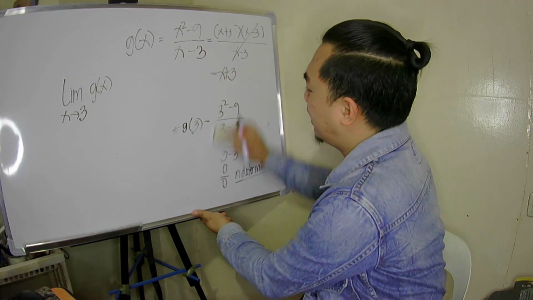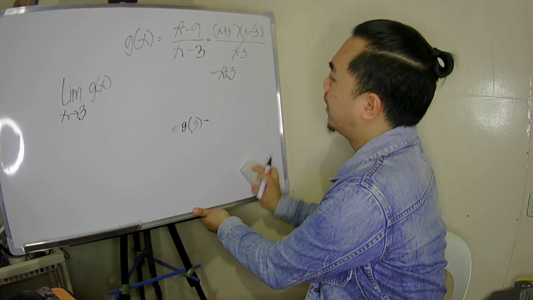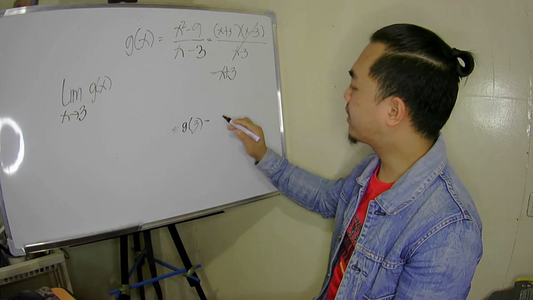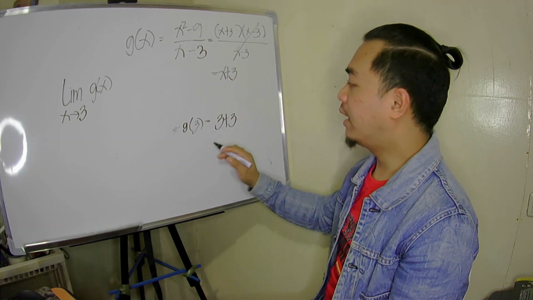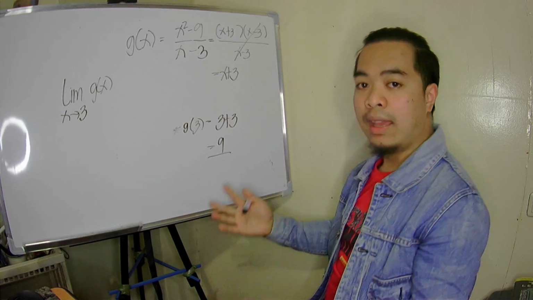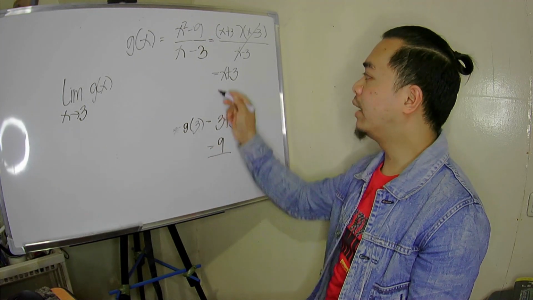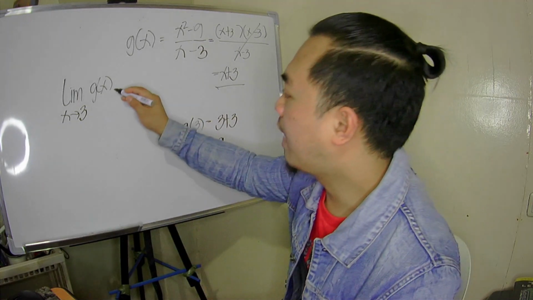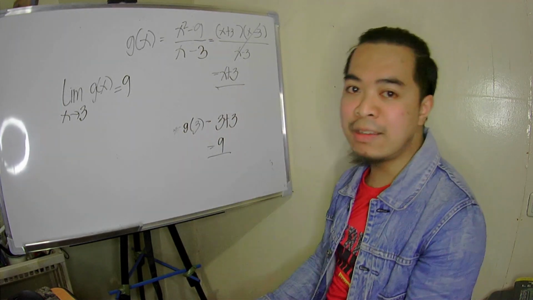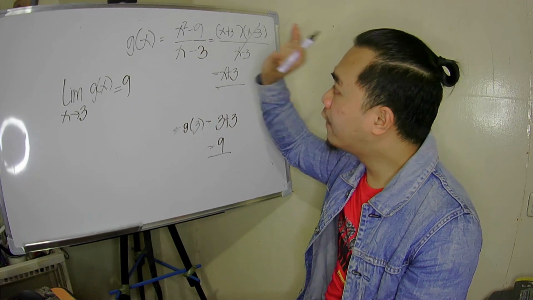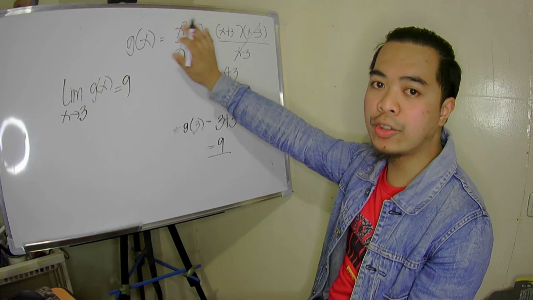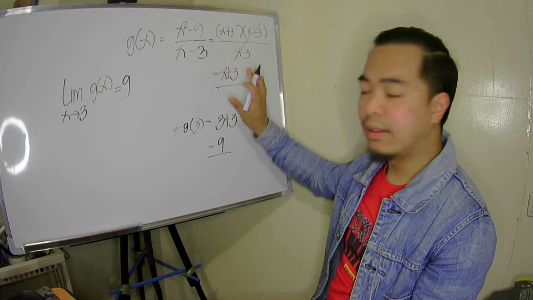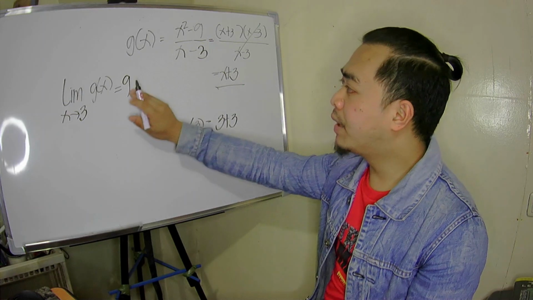Now, let us do substitution again. This time, this is what we will use in the substitution: x plus 3. So it becomes 3 plus 3. The answer is 9. The value of the function exists if it is simplified as x plus 3. This is also the limit. Actually, it is 9. So you see, the limit exists even if upon substitution of 3 into the original function, it is indeterminate. But when we simplified and substituted again, there is an answer.